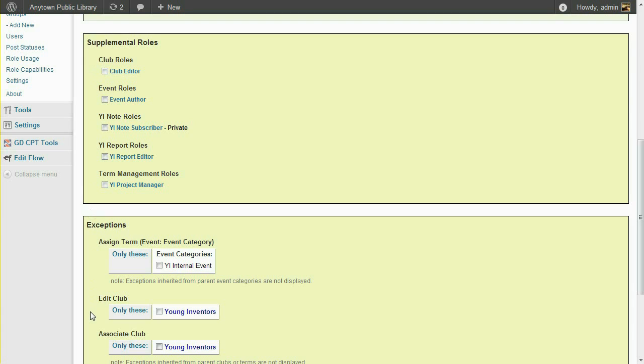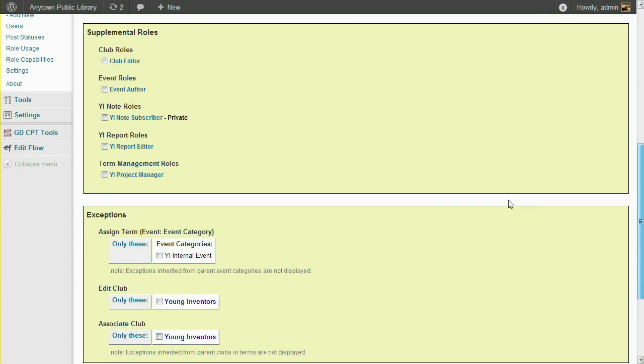editing can only be applied to the Young Inventors page or its subpages. Also, when they create a new club page, it has to be a sub-page of Young Inventors. Similarly, YI leaders are event authors, but they can only create events in the YI internal event category. The YI report editor role enables them to create reports, or more commonly, to edit reports submitted by club members